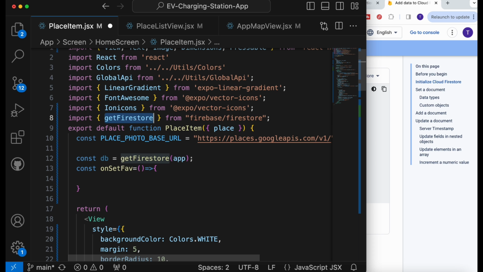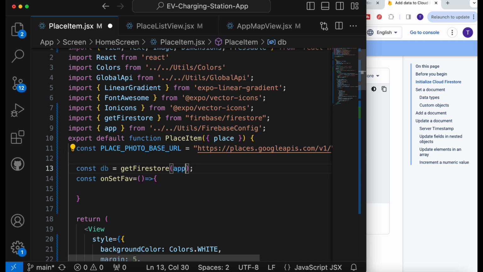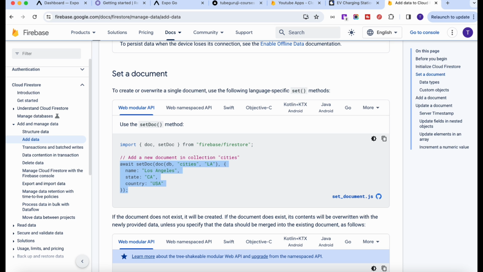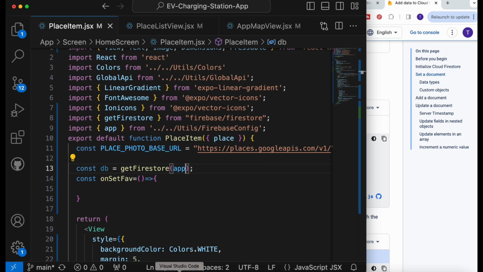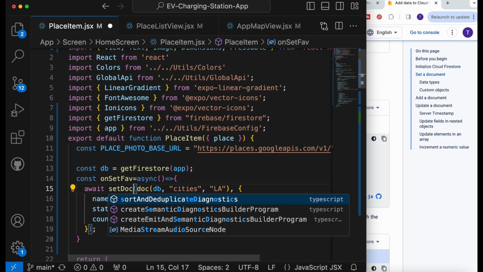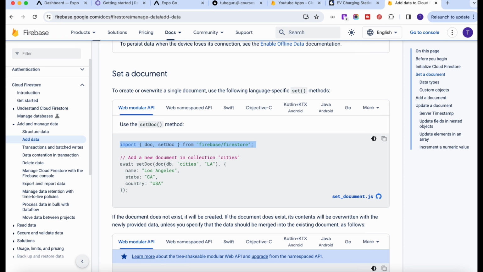Okay, now you have this getFirestore, and also make sure that you install this app which we already exported. And if you see, it's exporting from the utils Firebase config. Okay, and save it. Next, if you scroll down, this is how easily you can set the document. So copy this document, and inside here I will paste it. As this is using await, you need to make this function async, and make sure to import this setDoc. If you see, setDoc and doc, you have to import them. So just copy this import statement